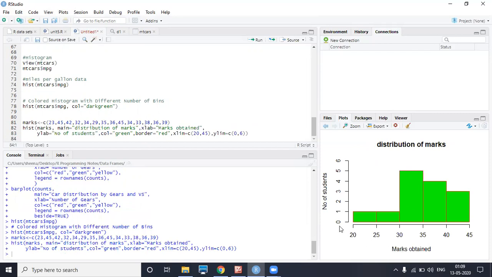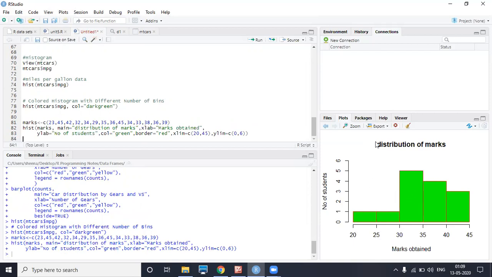It shows the distribution of marks obtained. In each category, 20 to 25 has 1 student, 25 to 30 has 1 student, 30 to 35 has 5 students, 35 to 40 has 4 students, and 40 to 50 has 3 students. In that way, the histogram has been created.